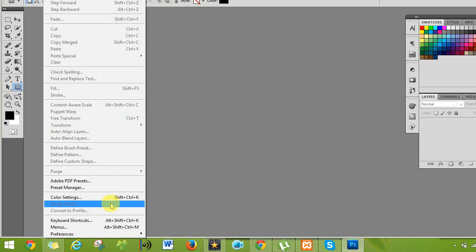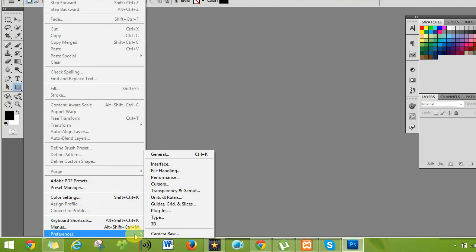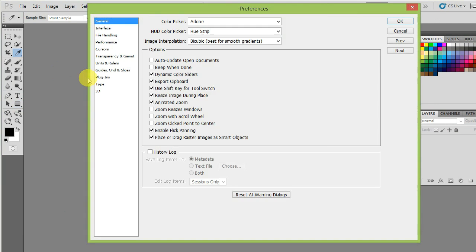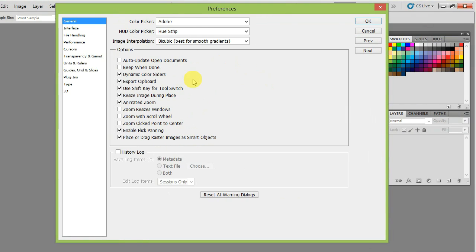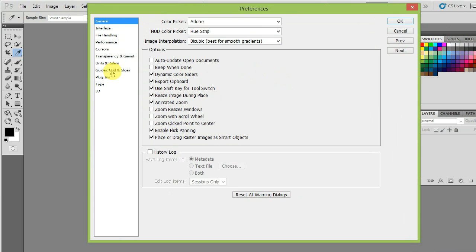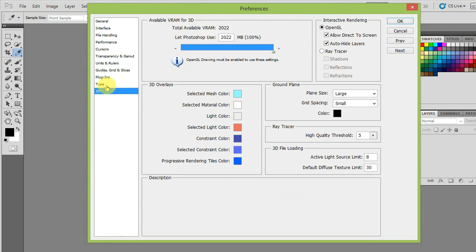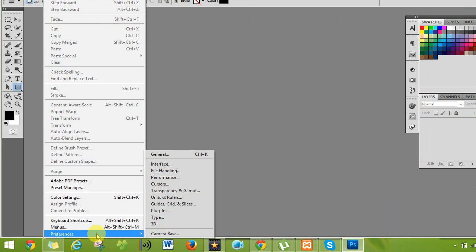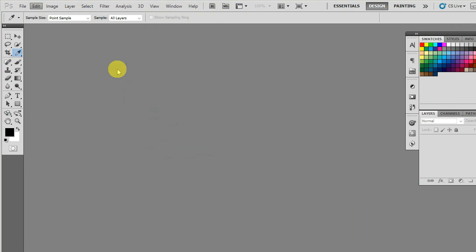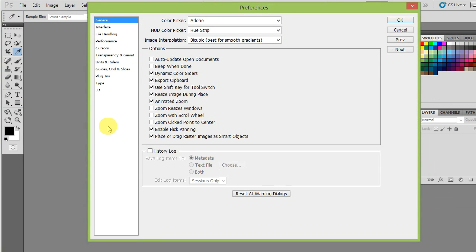Next I am going to preferences. In the preferences you can find different preferences. Now I am going to show you what I have shown you here. One minute. You can see all this in the left side navigation. You will find all these preferences. This is the same thing. If I click on Edit and keep my cursor here, you can find all the preferences here, the same thing. If I click General, K, all the same preferences are here.